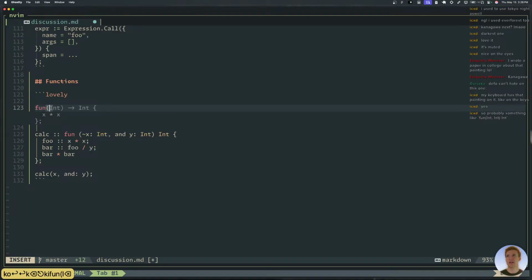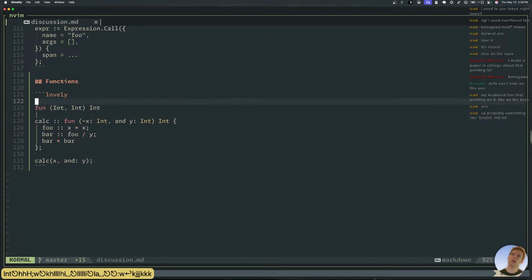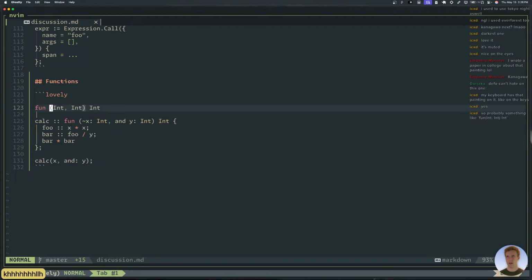You say something like fun, int. Yeah, because we definitely want it to kind of mimic. Yeah, this isn't too bad. Not too shabby. Do you think it would work?